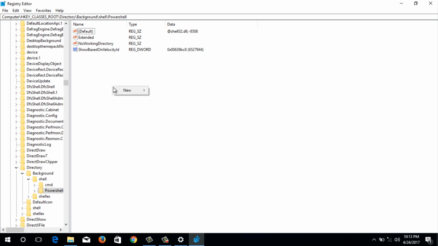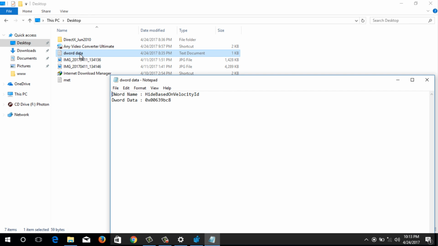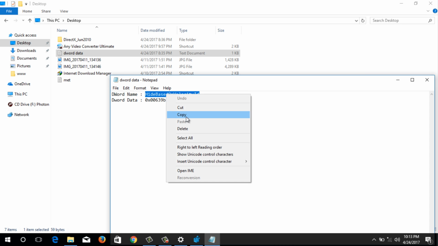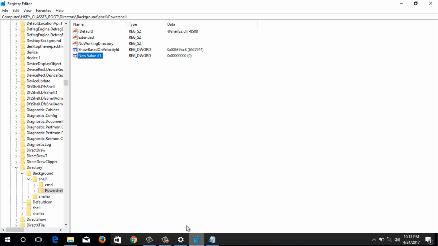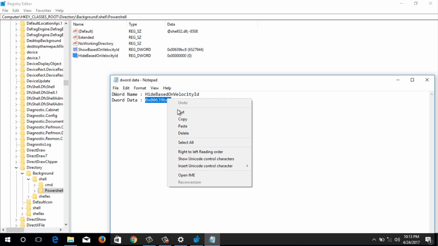Now I am going to create a new DWORD 32-bit value, and I am going to name it, I will leave this in the description. You have to call this HideBasedOnVelocityId. Rename the key and then put in the value 0x06396B8 in there.